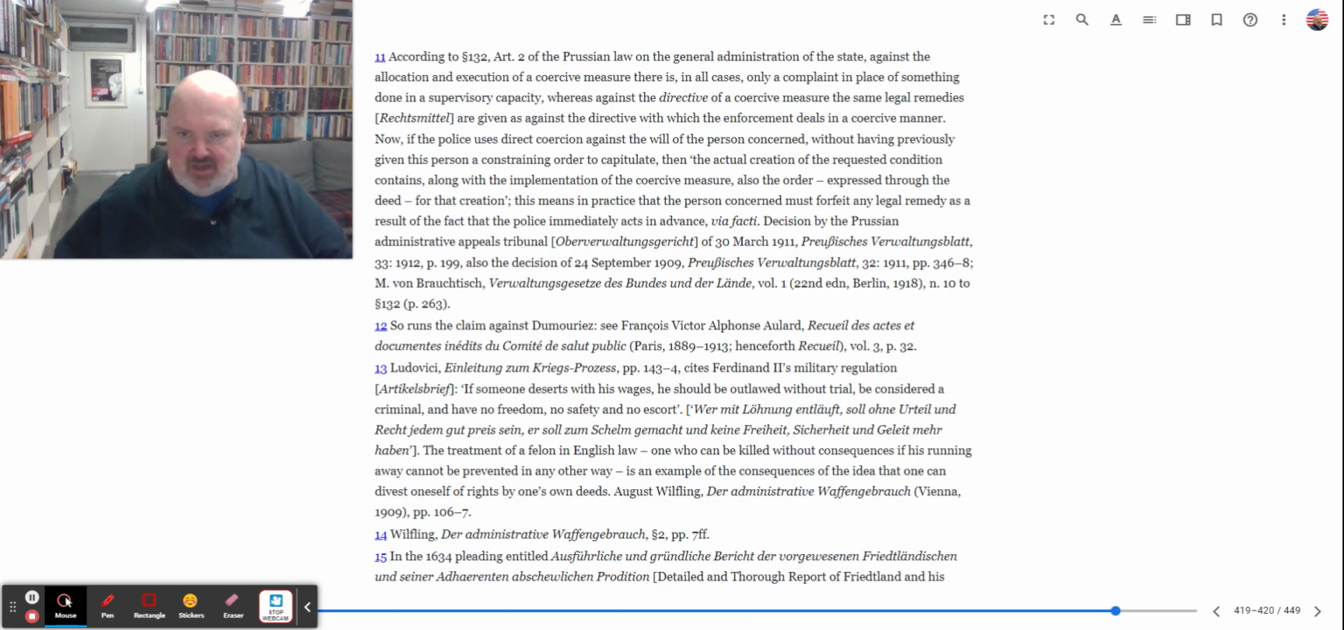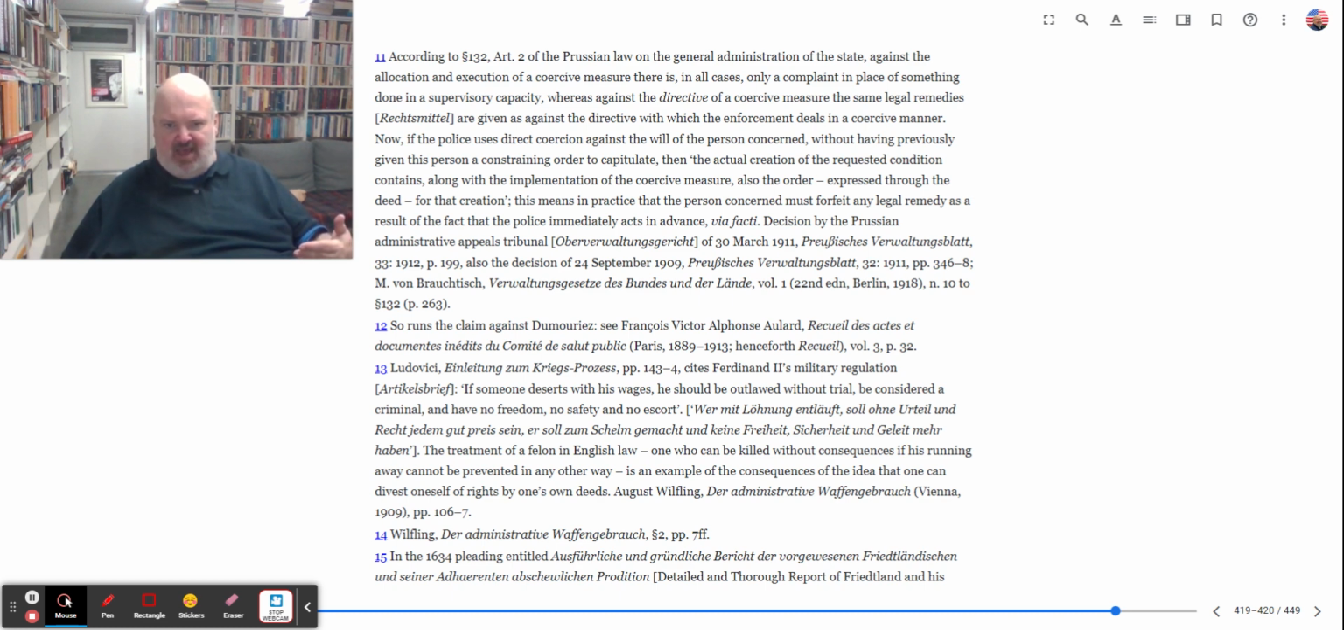So this is a means of this. According to Section 132 of Article 2 of the Prussian law on the general administration, against the allocation and execution of coercive measures there is in all cases only a complaint in place for something done in a supervisory capacity, whereas against the directive of a coercive measure, the same legal remedies are given as against the directive with the enforcement dealt with in a concrete manner. Now, if the police use direct coercion against the will of the person concerned, without having previously given this person a constraining order to capitulate,